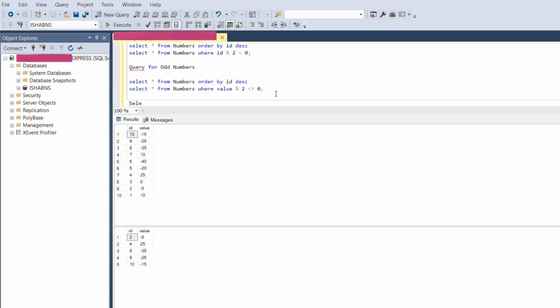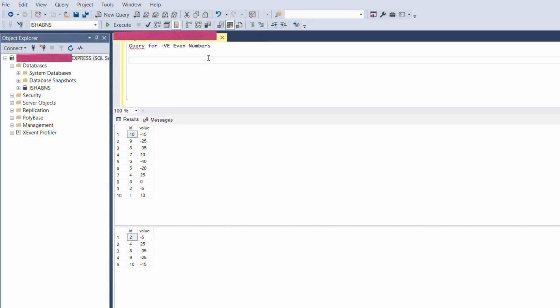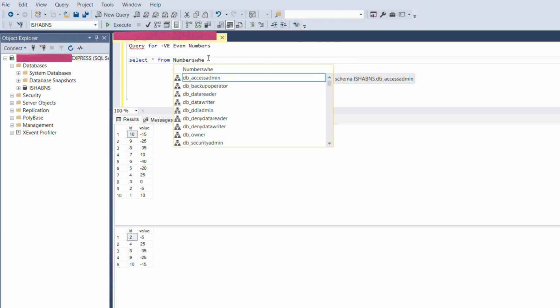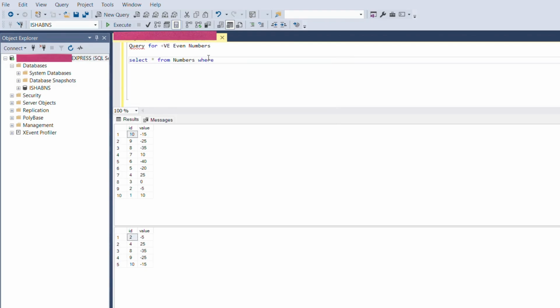Now let's query for positive and even numbers. Again we'll be using the same query, but here we'll be using an AND condition in the where clause. So select star from numbers where value greater than 0.